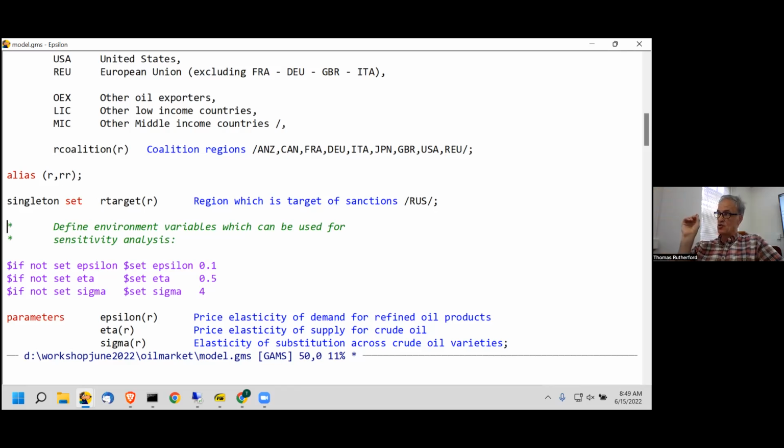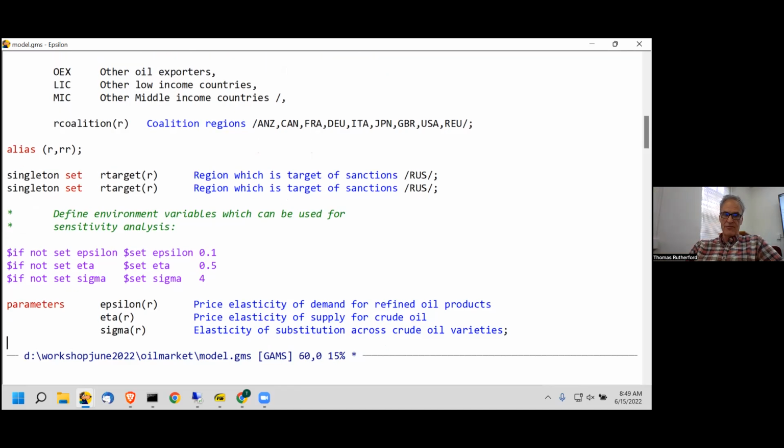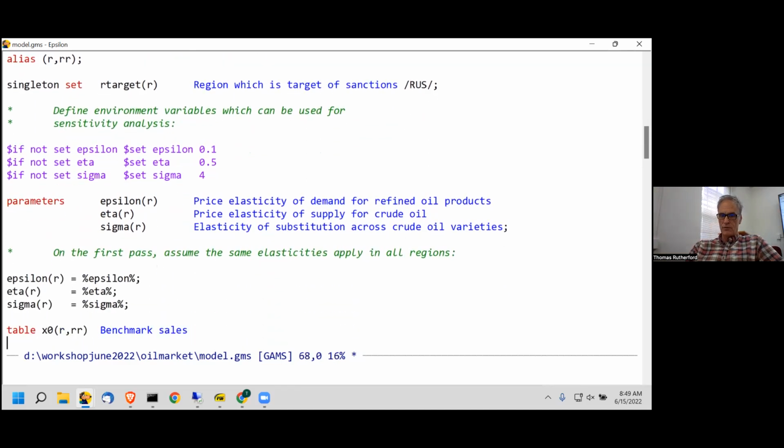So it's strictly a string substitution. It doesn't know that's a number. It just knows that that's a string that it's got. Right? So I've defined 3 environment variables there. And now I have parameters for the model. And in the model